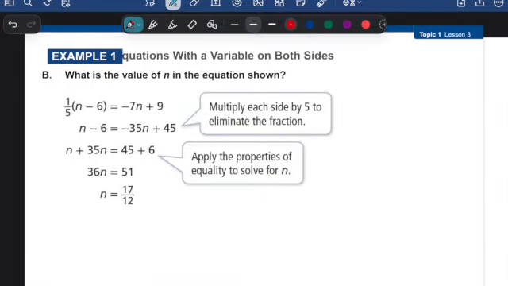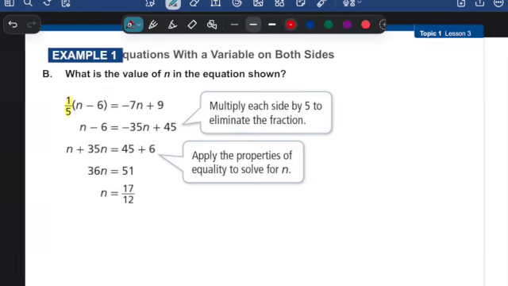Now here we have a fraction as a factor outside parentheses, and so sometimes instead of distributing, it might be easier to get rid of that factor outside the parentheses. In this case, the easiest is to get rid of 1/5. So to cancel out 1/5, we need to multiply by the reciprocal. So what we're doing here is multiplying by 5 over 1. That will cancel out that